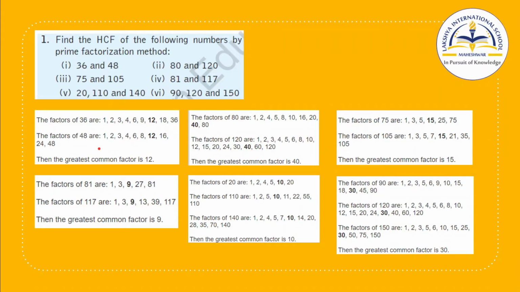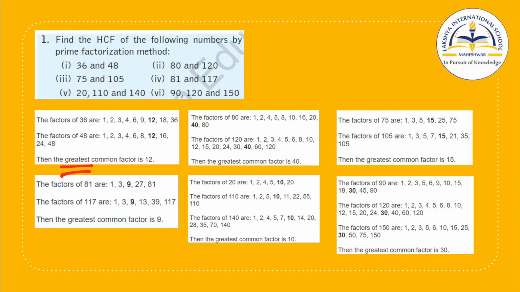Same for 48 we have written this one. Now you can see which is the highest common factor. Means दोनों में highest ऐसा कौन सा नंबर है जो दोनों में सेम है? यहाँ पे क्या देखो 12 और 12 हाईएस्ट दिख रहा है, उसके बाद 18 एंड 16 है. So 12 will be the highest common factor. We can also write here greatest common factor, which is the same. Greatest common factor and highest common factor is same. So greatest common factor is 12.